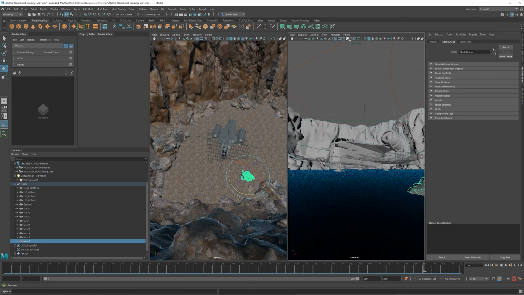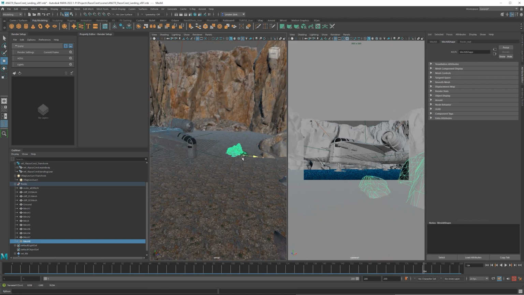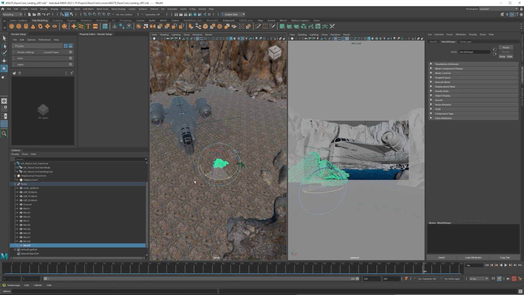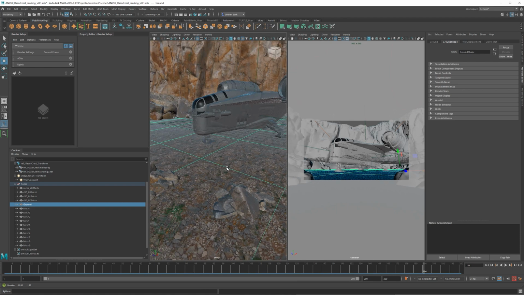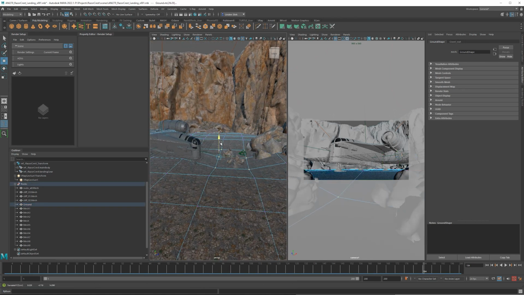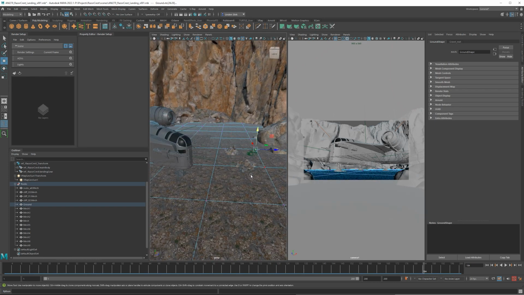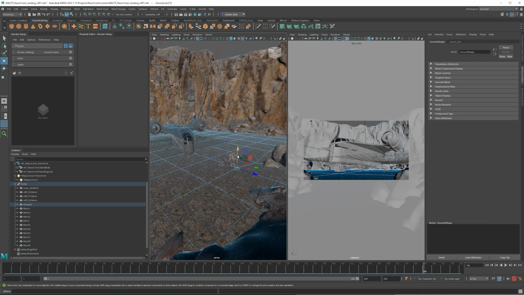I'm going to turn on my resolution gate there just so I can see a little bit more clearly what's going on. We could try playing around with some rocks. These might be a little bit large though. And we could actually change this. We could actually lower some of this terrain here if we wanted to. We could make this come down a little bit. We want to be careful that we don't lower where the gear is supposed to go. But these are things that you could do later if you wanted.